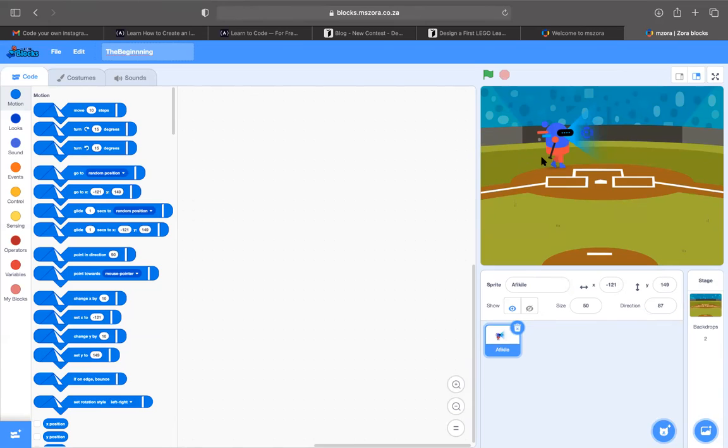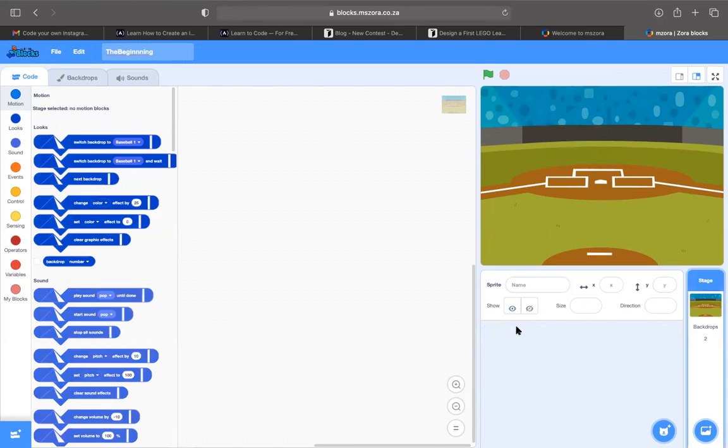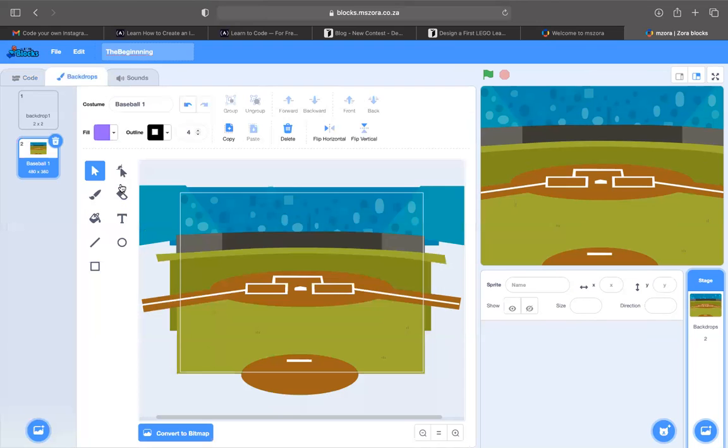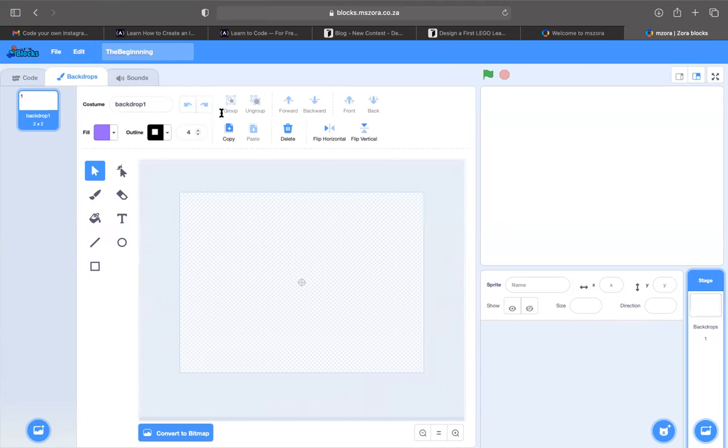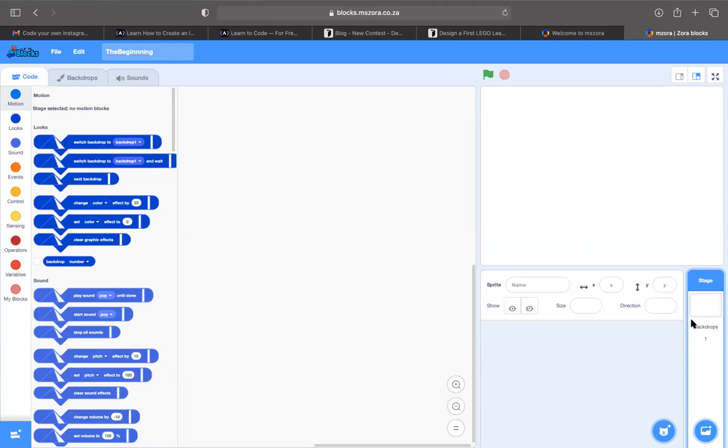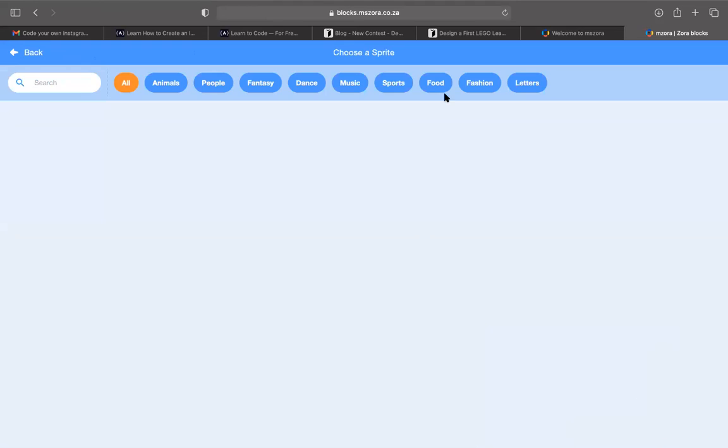All right. If you want to remove this sprite, you can delete it such like that, and you can insert a new sprite. So we are going to now insert a new sprite, and we are going to see what we can do with it. But before we do that, let me remove this backdrop by coming to backdrops, and I'm going to click on this trash can, and that backdrop is going to disappear. All right, so let us now select a new sprite and see how we can write an algorithm for that sprite. So I'm going to choose a sprite.